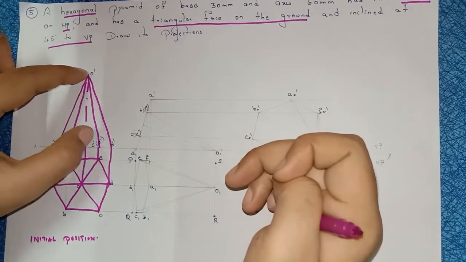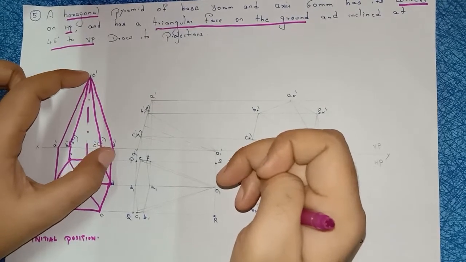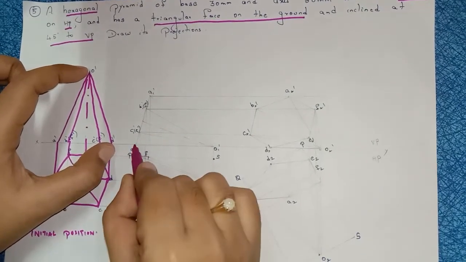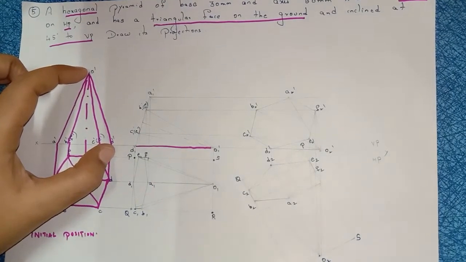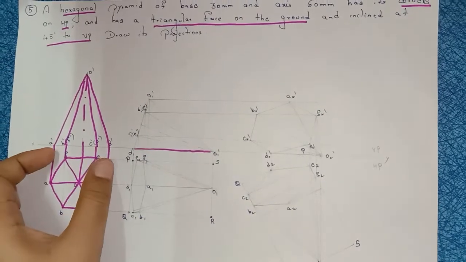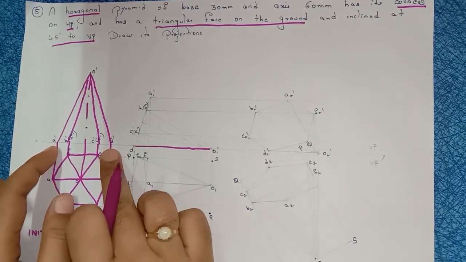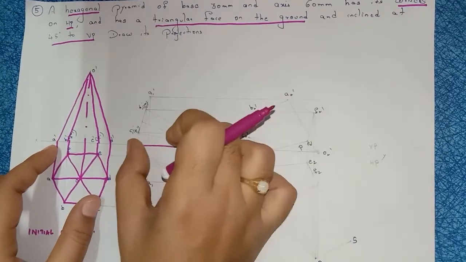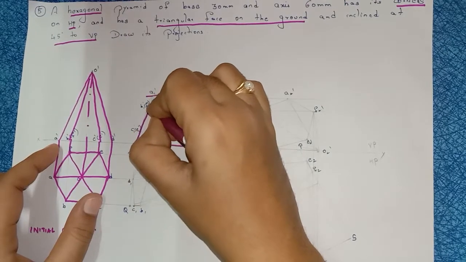I am considering here O dash to D dash. I am taking this length. Now I will measure this length, and the same length I will draw here, O dash to A dash. So this portion is completed. Then next I am taking this length, baseline A dash to D dash, with the compass. I am keeping the compass here, I will draw the arc, and I draw this.